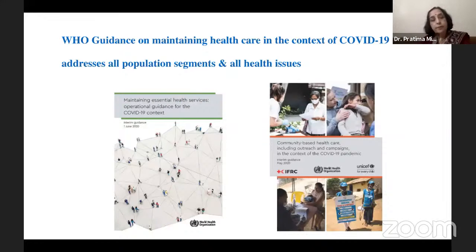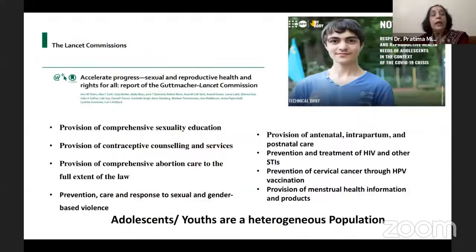Now, we have talked about the dedicated facilities available for adolescents, but then came this pandemic. And what did the WHO say? WHO guidance on maintaining healthcare in the context of COVID-19 says that all populations, segments and all health issues should be addressed. There should be maintenance of essential health services, with operational guidance issued by WHO in April itself. And the Lancet Commission with the Guttmacher Institute